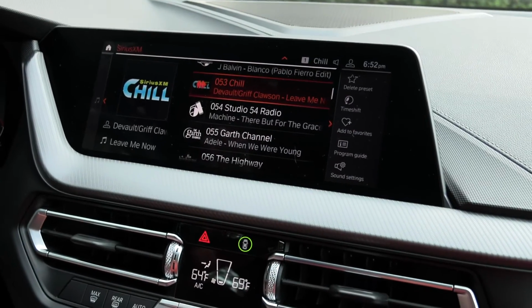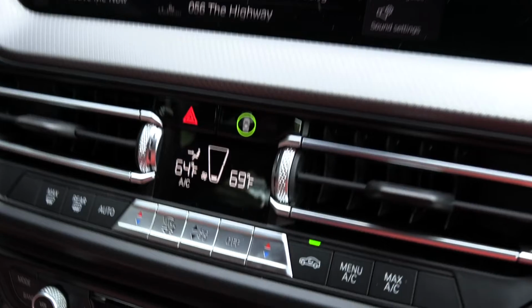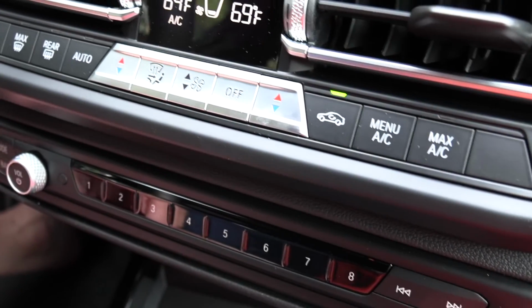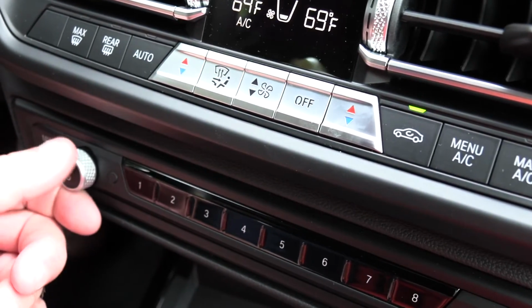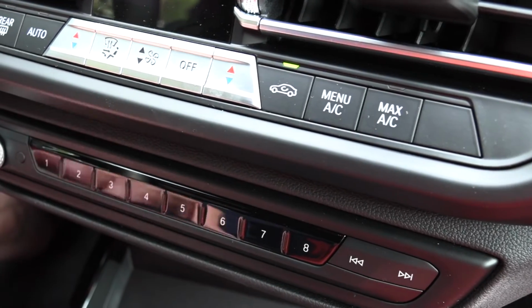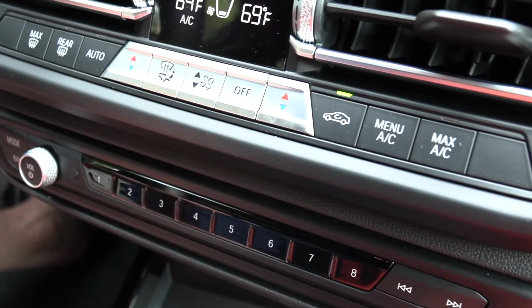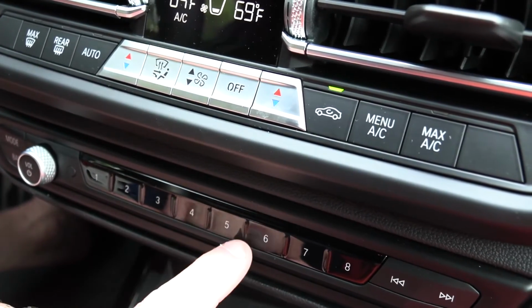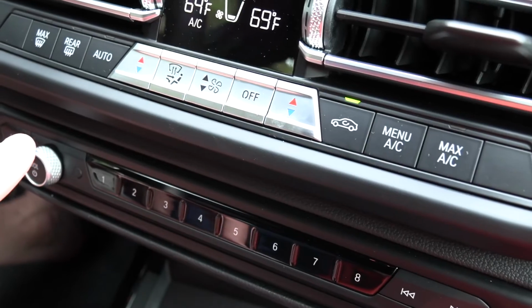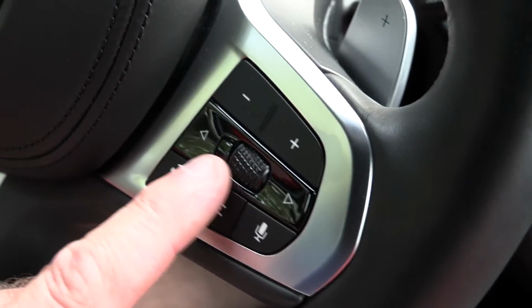Now, even with the huge LCD display and the controls on the steering wheel, BMW does keep it somewhat traditional with the controls for the radio down below in the form of the volume select and presets. Now, I pretty much forgot all about these this week that they were there, but they are helpful. If this was a long time vehicle of mine, I would pretty much put on my presets because they are nice shortcuts, though I did tend to rely on the controls right here for the most part,